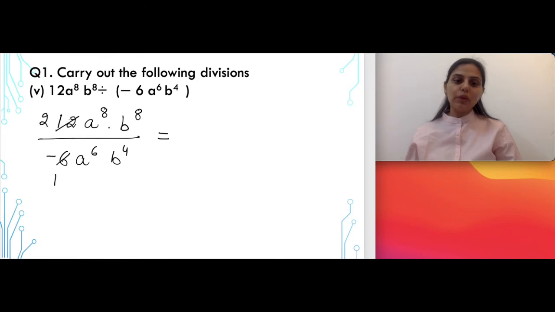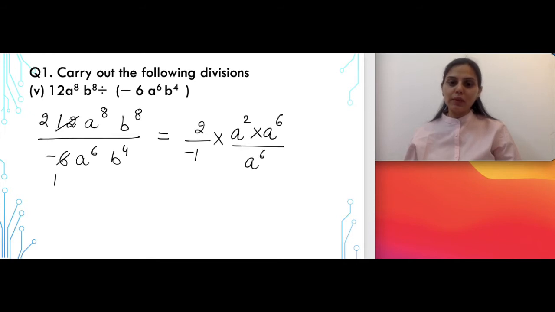When we are solving the powers for a, the power for numerator a is a raised to the power 8, and in denominator the power is a raised to the power 6. So when you solve this, or when you cancel the terms here, you will get a raised to the power 2. How a raised to the power 2? Because a raised to the power 8 can be written as a raised to the power 2 multiplied by a raised to the power 6. I hope you remember the laws of exponents. Divided by a raised to the power 6.